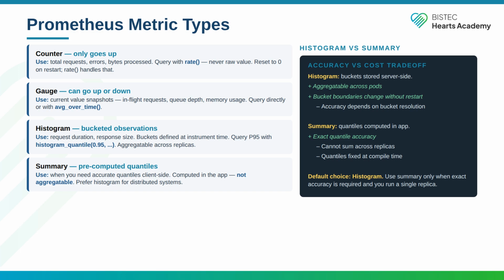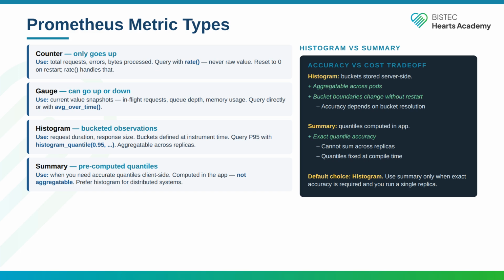A histogram samples observations into predefined buckets and counts them. Use histograms for values with a distribution: request duration, response size. From a histogram you compute P50, P95, and P99 latency using histogram quantile. The bucket boundaries are defined when you instrument the code. The critical advantage: histograms can be aggregated across multiple replicas, which makes them the right choice in Kubernetes, where every